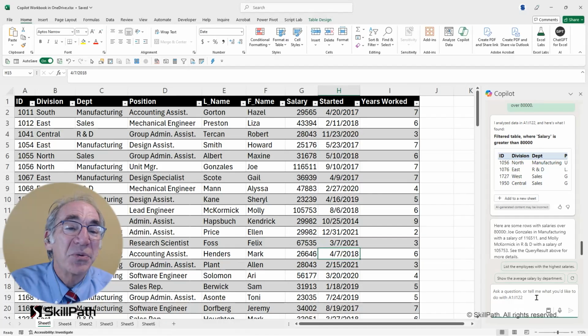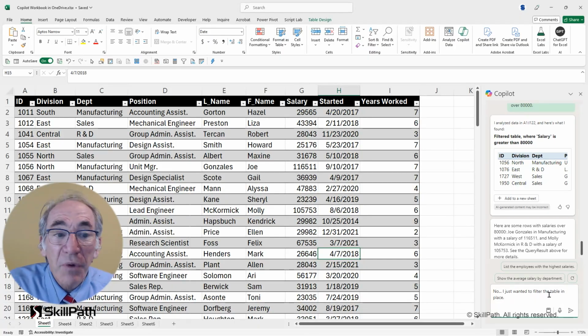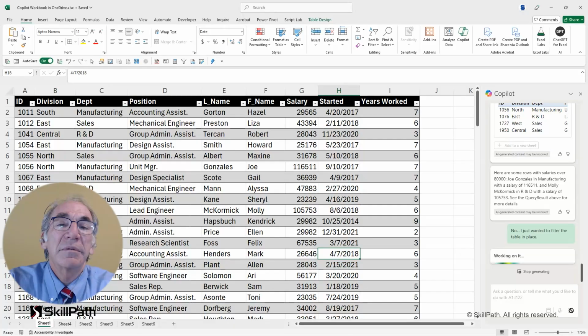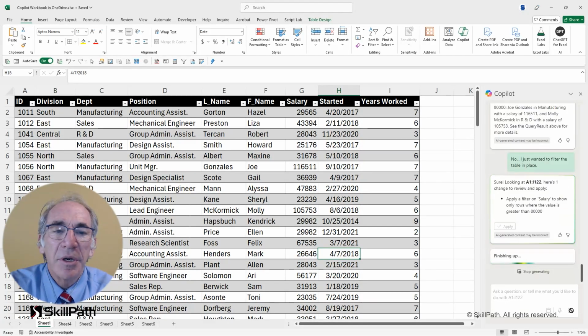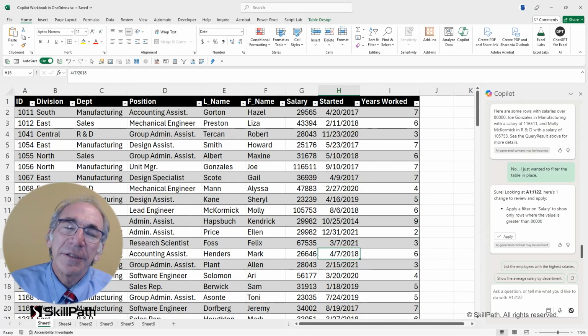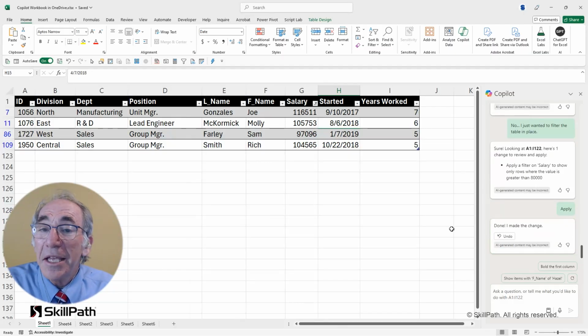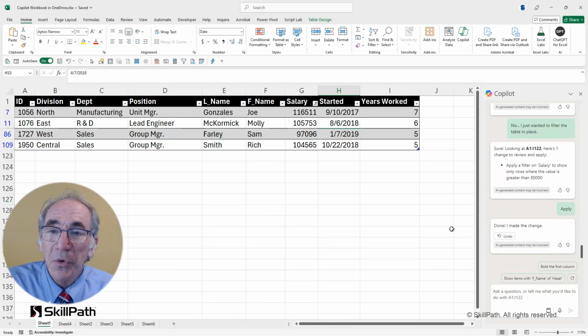If that's not what you want, maybe you wanted to filter it in place. You say, no, I just wanted to filter the table in place. And so if you write it like that and then you send it, we'll see whether that has an impact as you're watching the ebb and flow of how this actually works. It's sort of a combination of your literary skills and your technical wishes, because then I get a different result than the one that was offered.